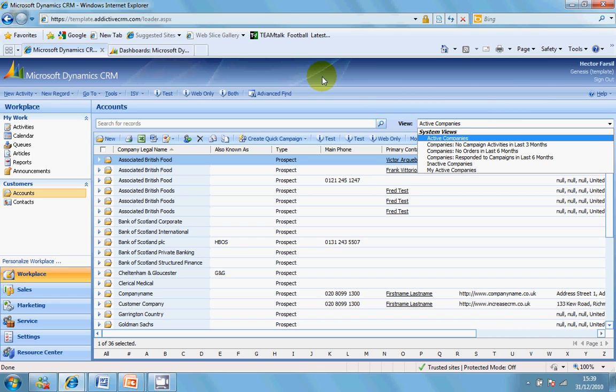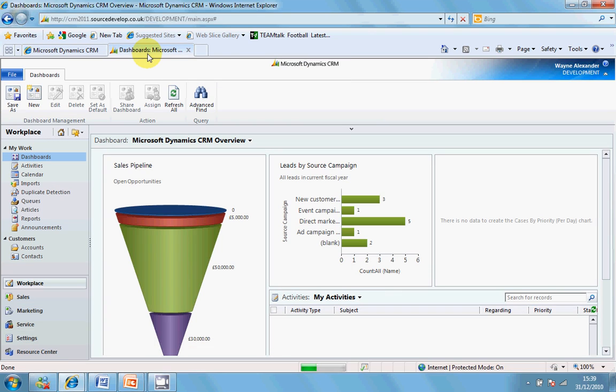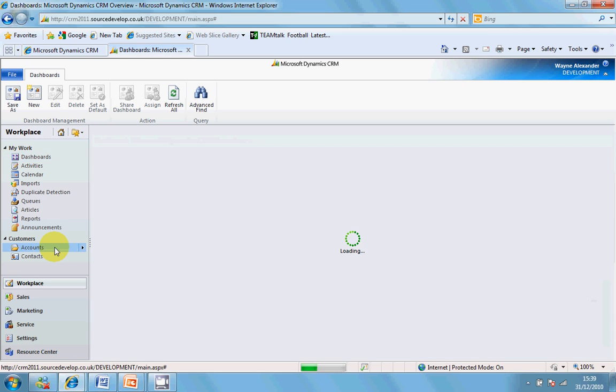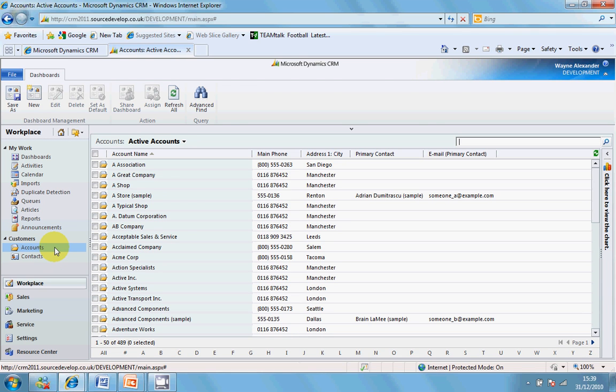Now, the aspects of views have changed slightly within 2011. So what I'm going to do is jump back over to 2011 and we're going to take a look at those views and filters. First of all, as I mentioned in the first episode with navigation, system views will no longer be found at the top right corner of the screen. I'll pick on accounts again. System views is no longer a drop down menu at the top right corner of the screen. System views is actually now